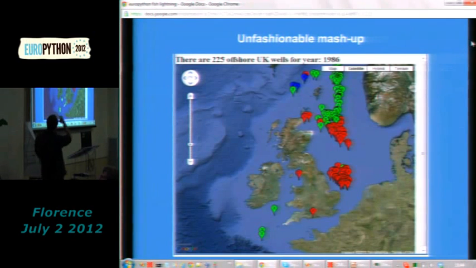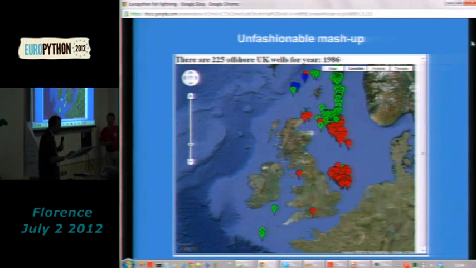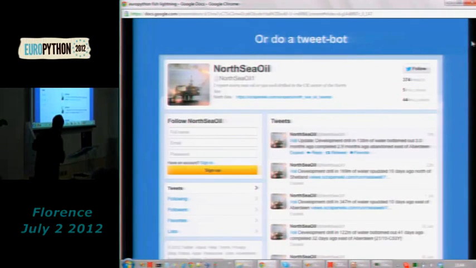You can animate them, and you can see them going out further and further from the shore as they're getting deeper and deeper. Anyway, what I did after this was I made a little tweet bot. Every time a new one gets drilled, we get a little message on Twitter. It comes straight out of ScraperWiki, and you see it's in English language because we have a little bit